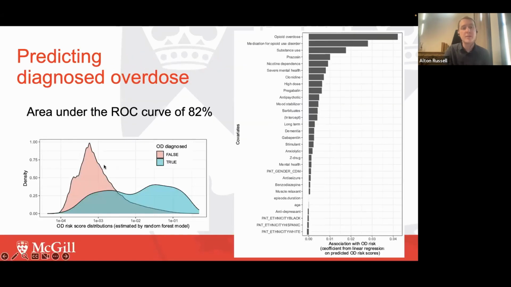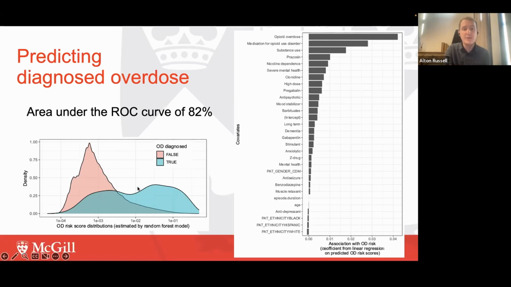So here's the result of predicting the diagnosed overdose. They had an area under the ROC curve of 82%. Here you can see the density of the people for whom we predicted the risk score. So the risk score is on the x-axis. A higher risk score means the model thinks you're more likely to have an overdose. And then these density plots are showing you the distribution of the people who did have